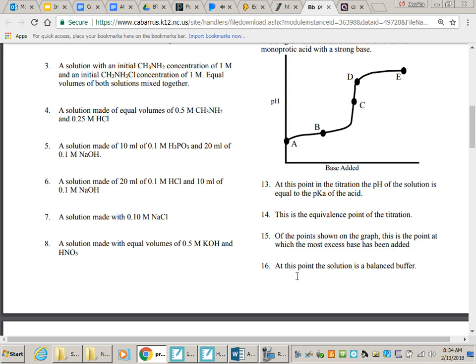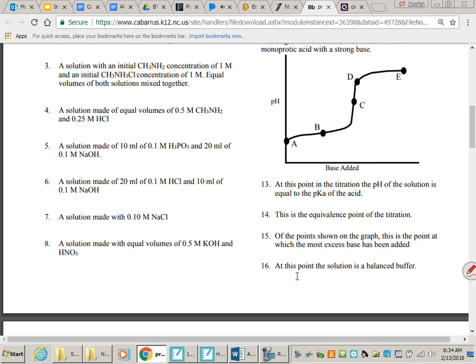First of all, which part of this is the buffer region? Which letters? You could say A to C, but it's really going to be like the B-ish area. A is just the initial pH. It's not a buffer because no base has been added. There's been no partial neutralization. A is not a buffer. B is a buffer. C is the equivalence point. Yet again, just a salt, nothing more. And then after that's just excess. So this is your